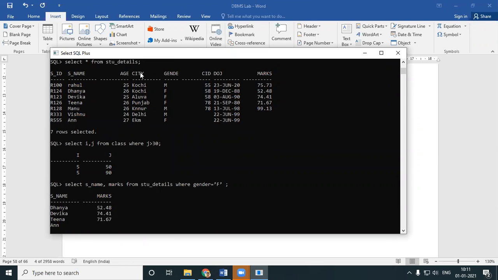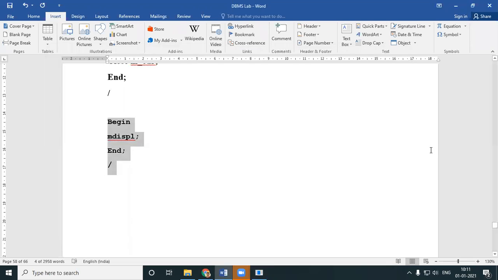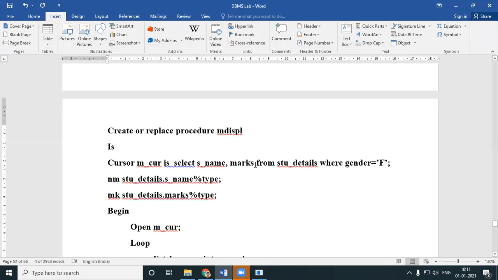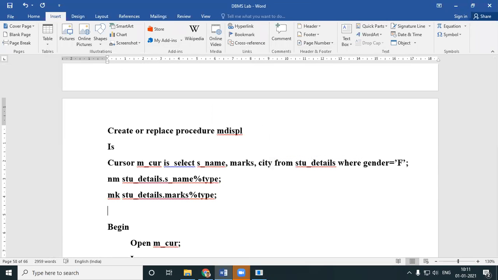Now imagine you want one more variable. Let's say you want the places they are from. City. Very simple. If you want city more, you give marks, comma, city. But remember, you have an extra variable over here, which means you should have an extra variable over here, because you need to fetch it and store it into CT.